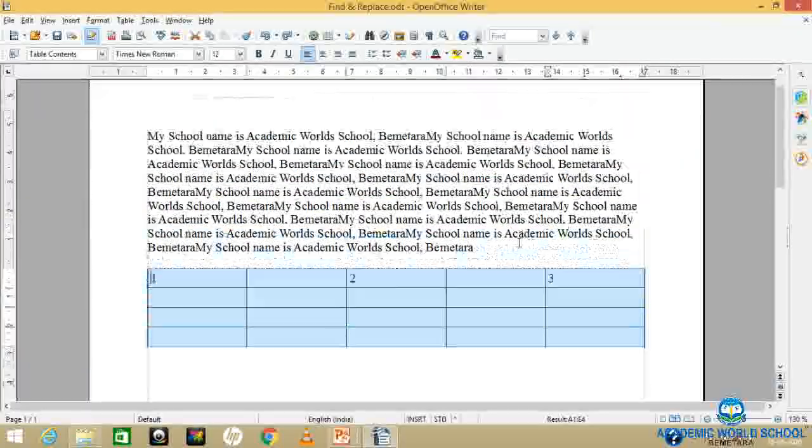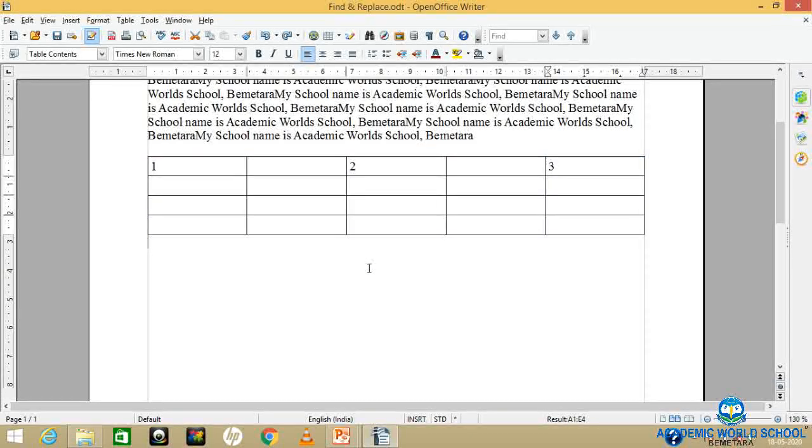Now next topic is autocorrect. This autocorrect feature is very important. Now what is this autocorrect? Autocorrect means, suppose you want to write THE and by mistake you have written TEH. So when you press the space bar, automatically this TEH is converted into THE. Why? Because of